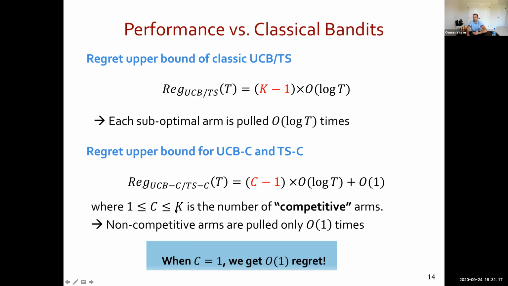So all suboptimal arms can be competitive technically, in which case our results will match the corresponding UCB or Thompson sampling algorithm that we are trying to extend. But in the best case scenario, only the optimal arm will be competitive, which means that if C equals 1, our algorithm is going to get constant regret. So there are cases where the algorithm is able to stop pulling any suboptimal arm in finite time. So after a finite point is reached, only the optimal action is taken. So this is the high-level performance of our algorithms.